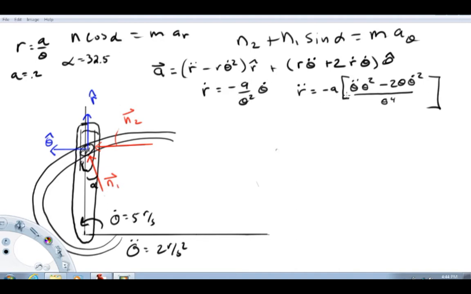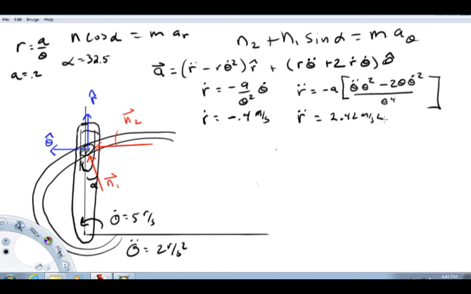And then r double dot equal to this expression, hitting that with another time derivative, keeping in mind that we have to use the quotient rule. So derivative of the top times the bottom minus the derivative of the bottom times the top, over the bottom squared. So working these values out, let's see what we get here. I get for r dot about minus 0.4 meter per second. And then r double dot, putting in the numbers here, comes out to be about positive 2.42